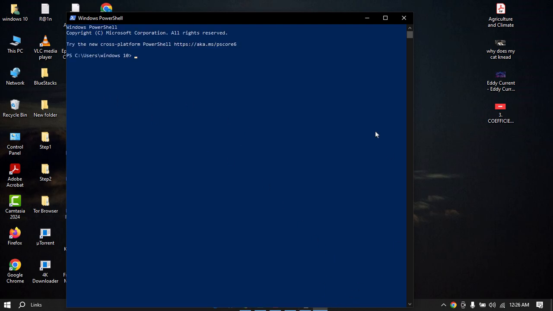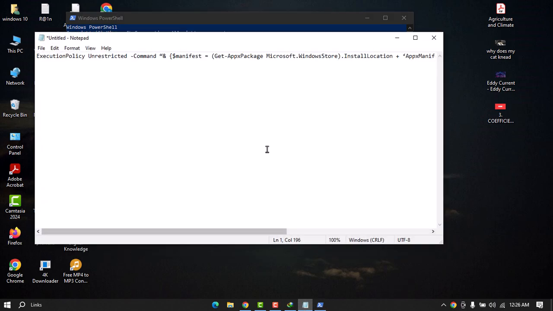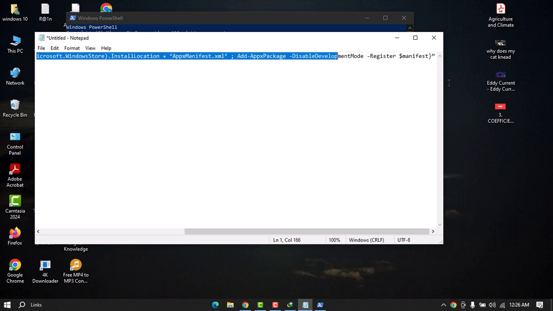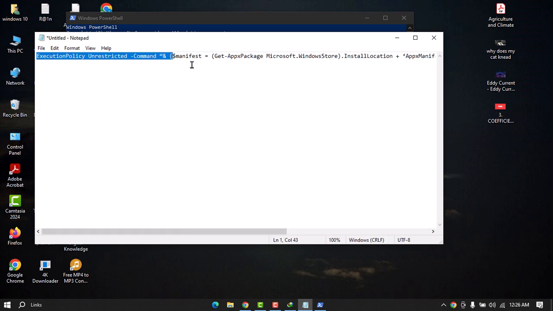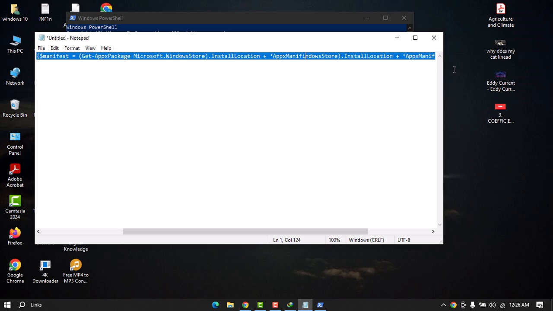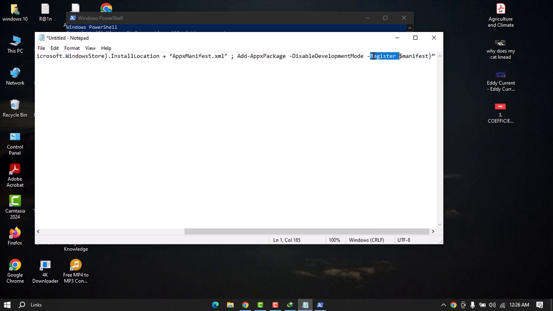And in here you just have to copy the execution code that is given in here, and it will be given for you